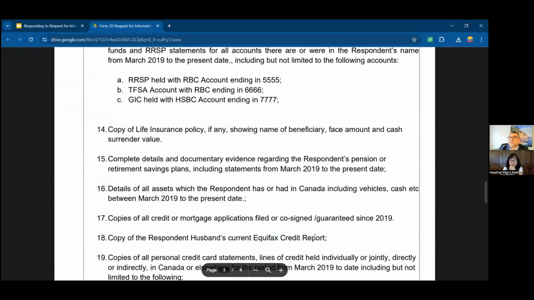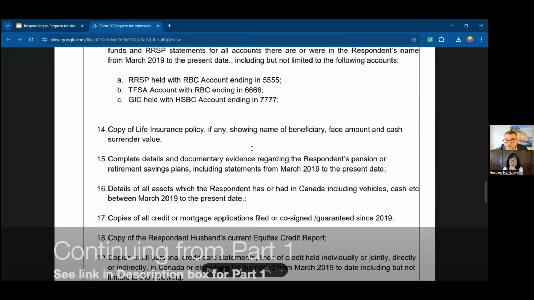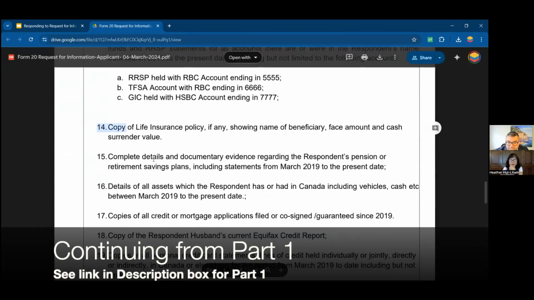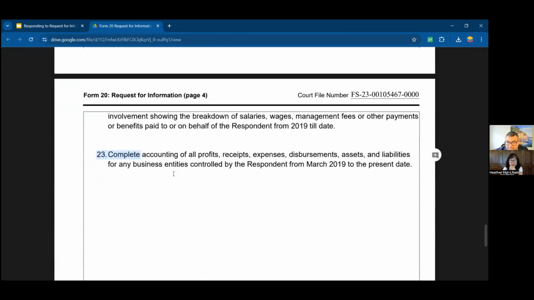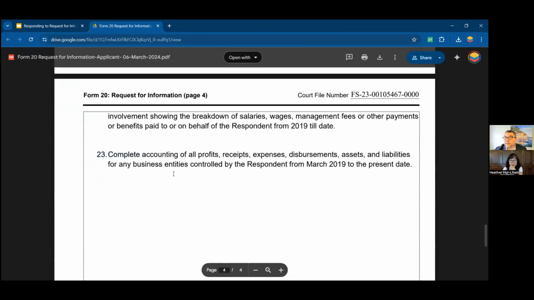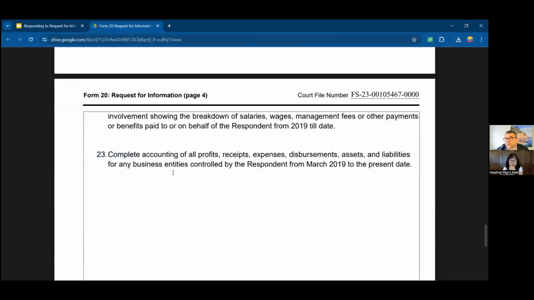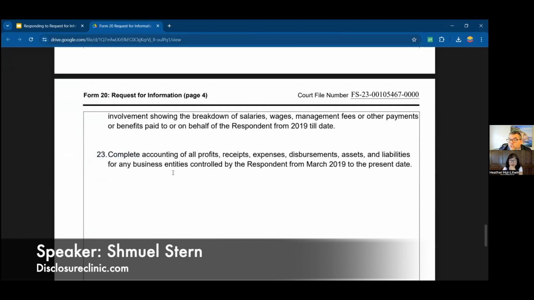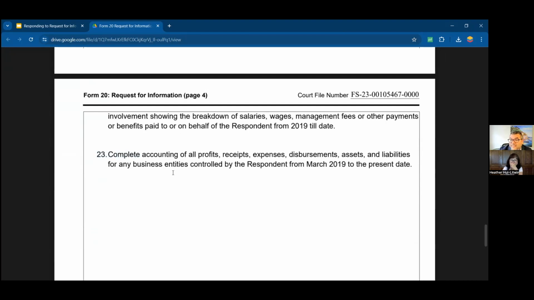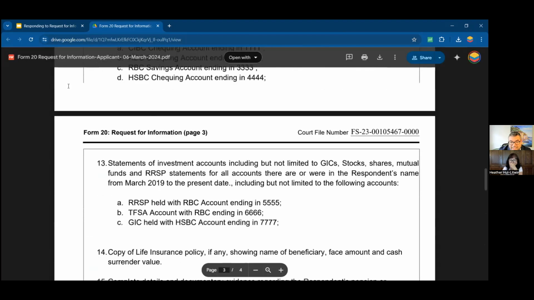Okay, so you get this document, and sometimes this numbering, I'm just scrolling down, goes to 23. Sometimes you'll get voluminous. It'll go very high, or it could be very short, but also contain these requests: give me 5 years worth of bank statements or credit card statements. Okay, so that's what we're looking at here.